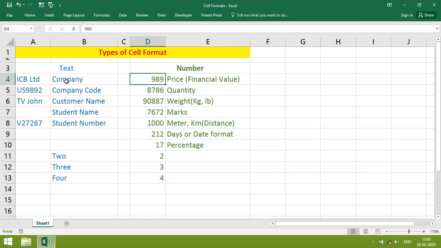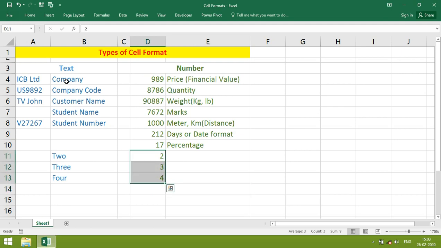Directly you can write a formula on it, whereas in text it will be a supporting point. You cannot directly run formula on it, but you can write if conditions. Based on if condition, then it will give result for number format. Here we can directly calculate 2 plus 3. It will generate result immediately.